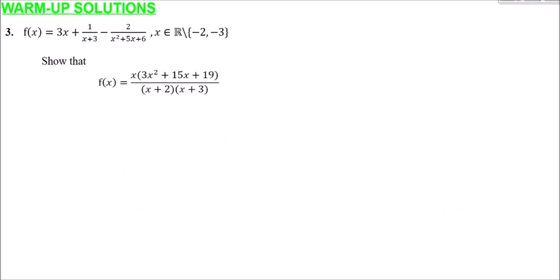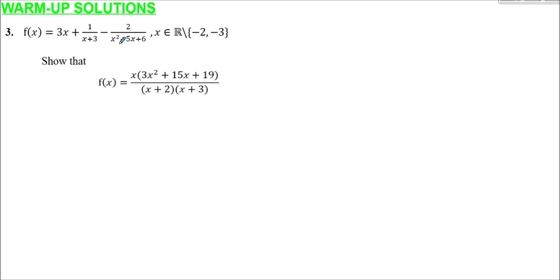Warm-up question 3, we've got f of x, which is 3x plus 1 over x plus 3 minus 2 all over x squared plus 5x plus 6, where x is any real number, excluding the possibility that x can be minus 2 or minus 3. The reason being, if x were minus 2 or minus 3, this would give a 0 denominator for this last fraction, which of course we cannot compute, it's undefined. We can't divide by 0. So that restriction